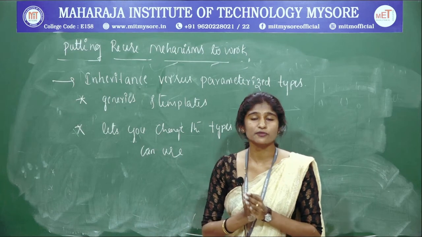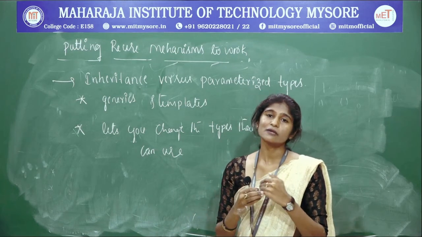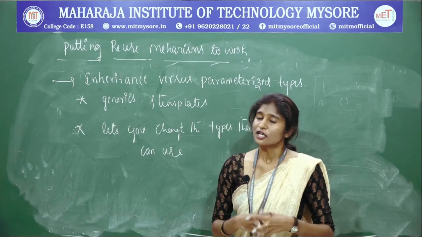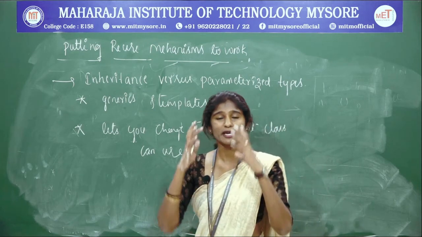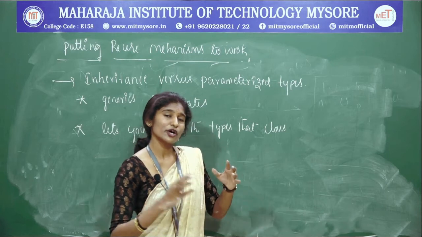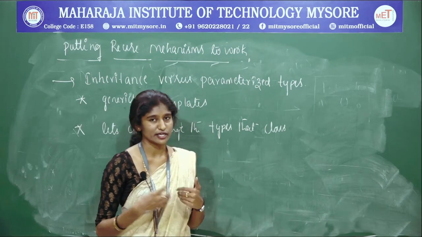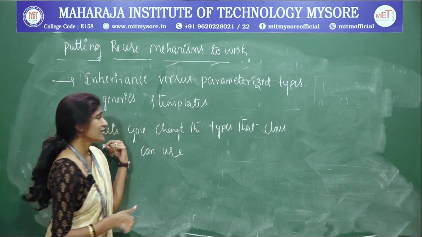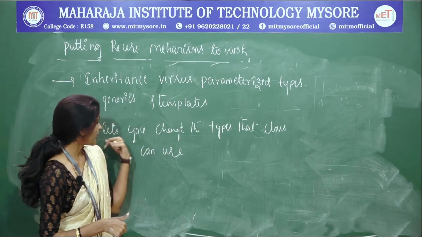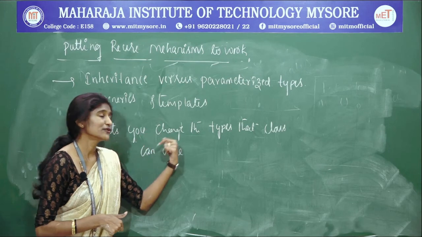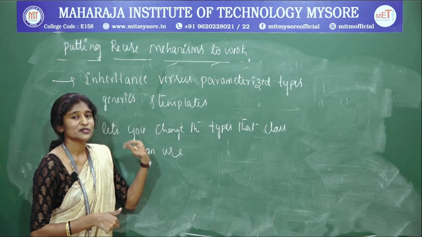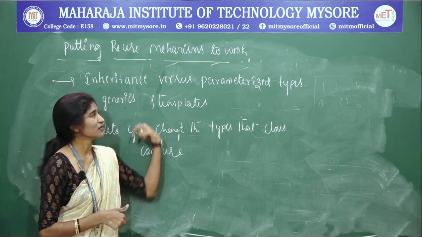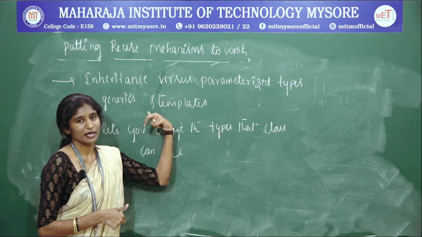Using those prototypes, you are going to design with different parameters, different types of parameters, the number of parameters. So everything can be changed. You use the same template, but change the values. That is what generics and templates focus on. That is why I have written here that this parameterized type allows you to change the parameters within a class, the types that can be changed with respect to the complete class parameters.